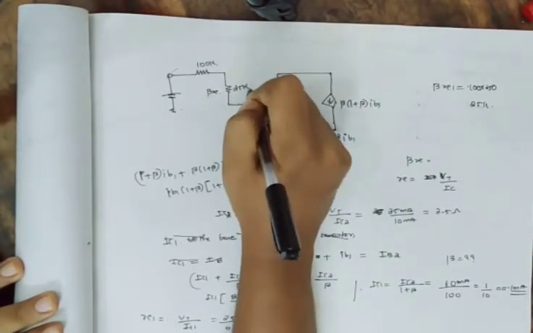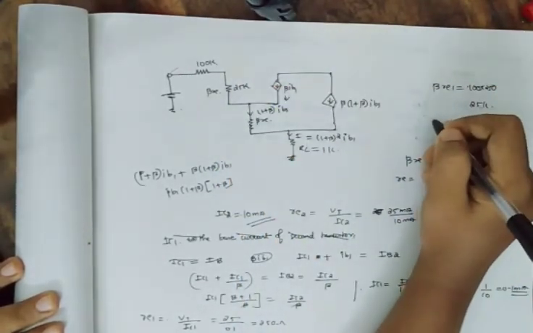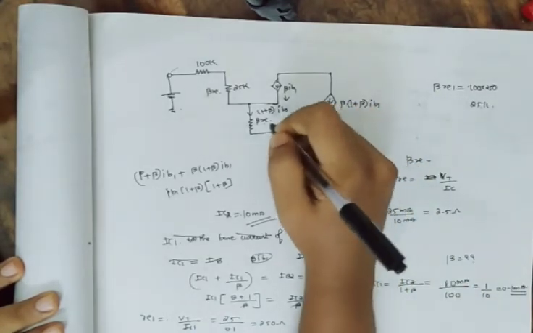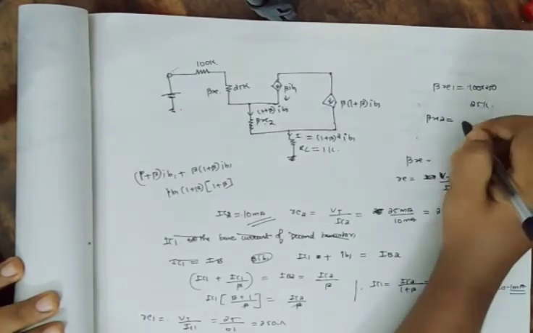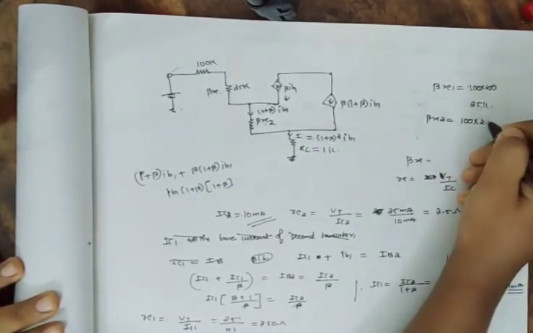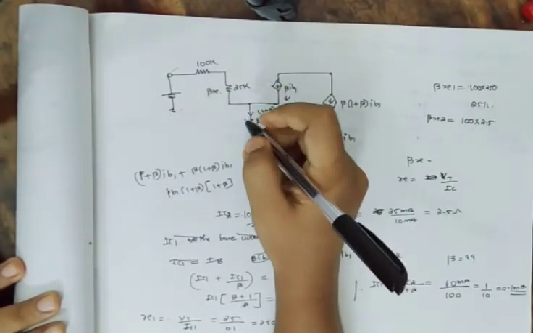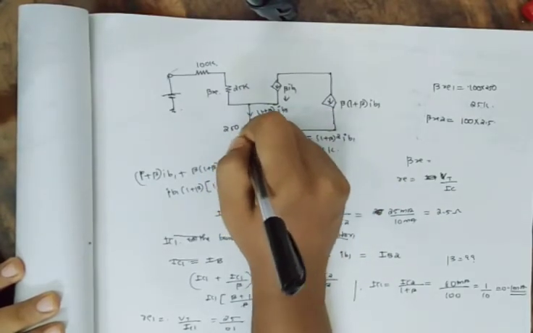I am writing this as 25K, and again here beta into RE2 is equal to 100 into 2.5 ohm, that is equal to 250 ohm. Okay,